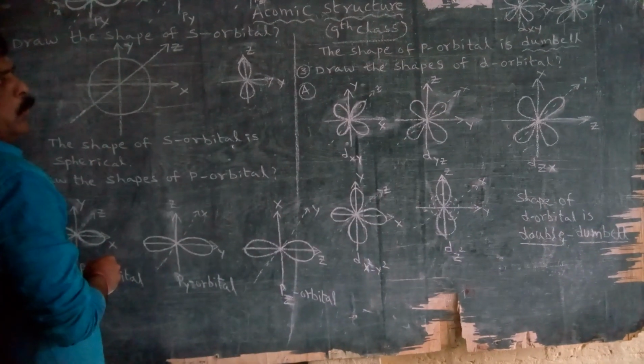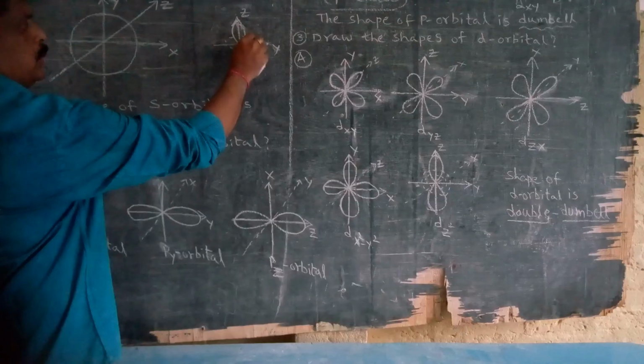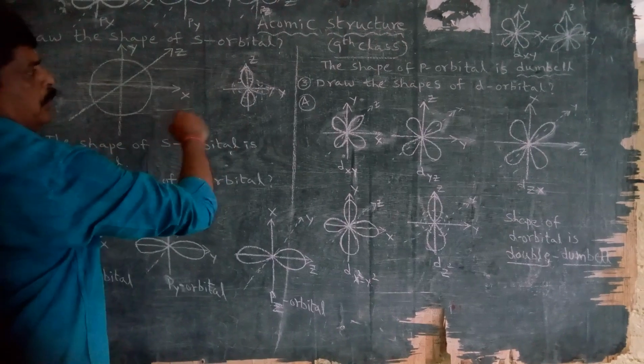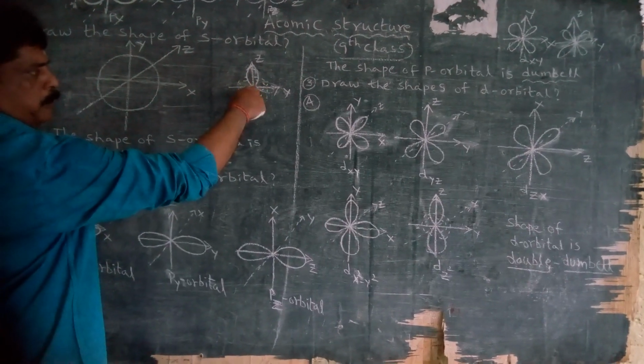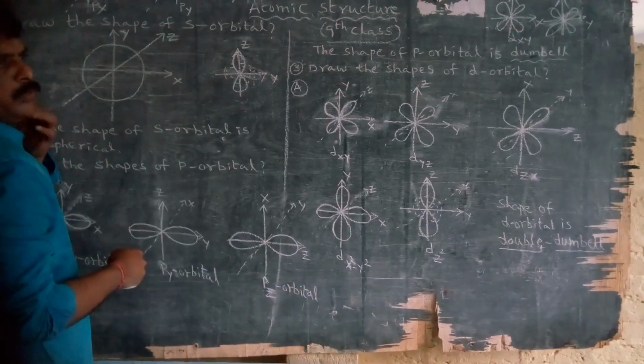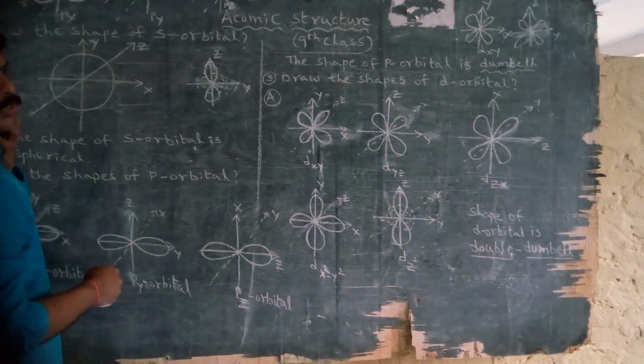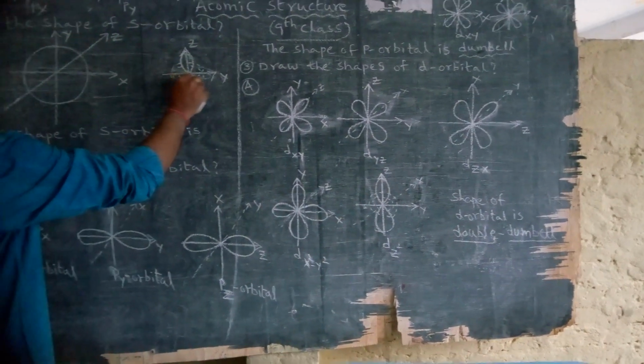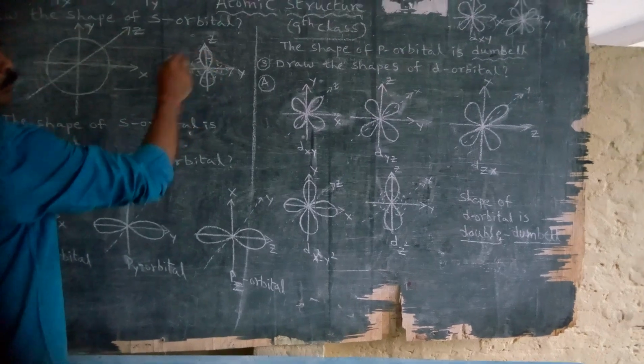Here I have placed dotted lines of electron spin around this. The electrons spin around the nucleus, so around the orbital the electrons keep revolving. So I have to draw the spins also, the dotted line spins we have to show.